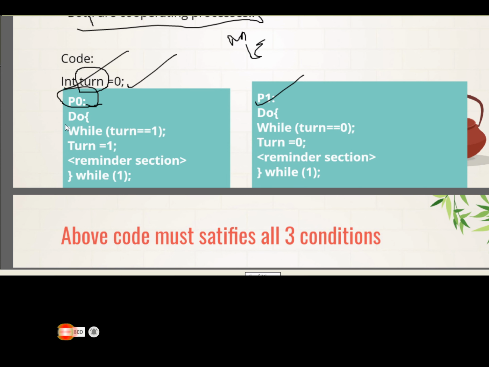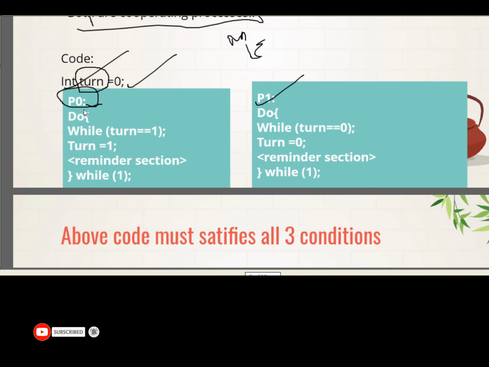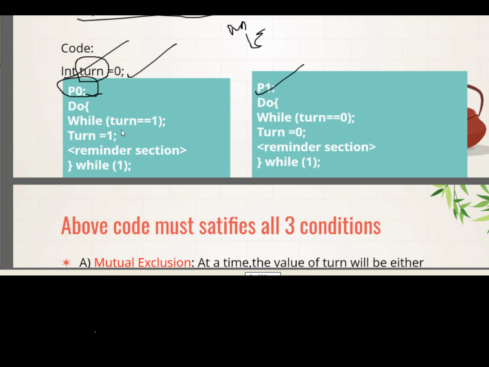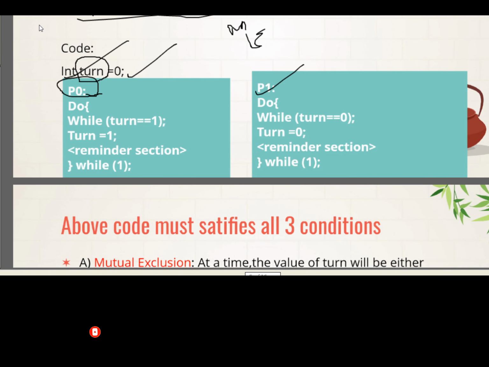Why? Because a while loop is used when we do not know how many loops there are, and we do not know how many states will happen in executing this particular code, so we use the do while loop here. And what is the meaning of turn equals 1? Whenever we want to execute P0, P1 will enter its critical section by using the progress condition. So P0 can enter its critical section, followed strictly by P1, and again P0.